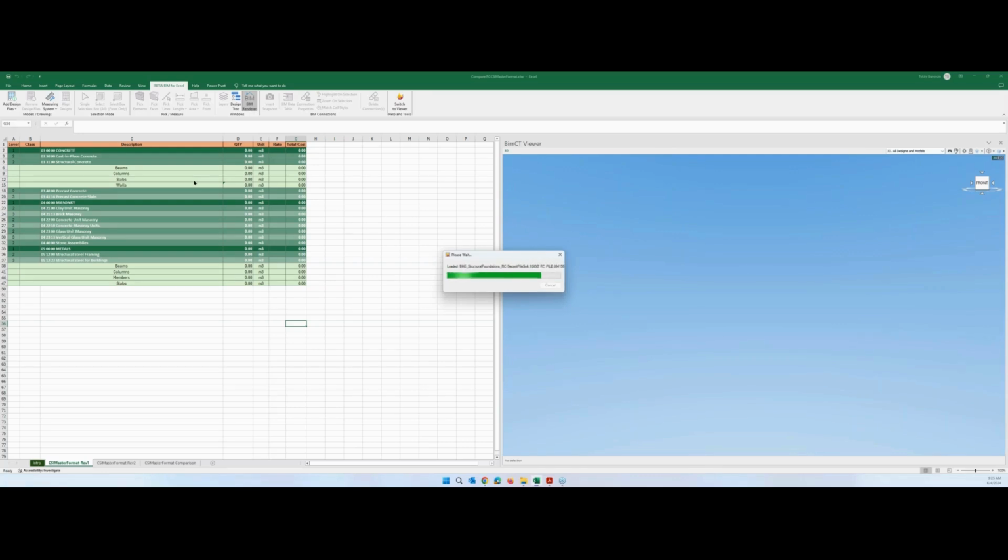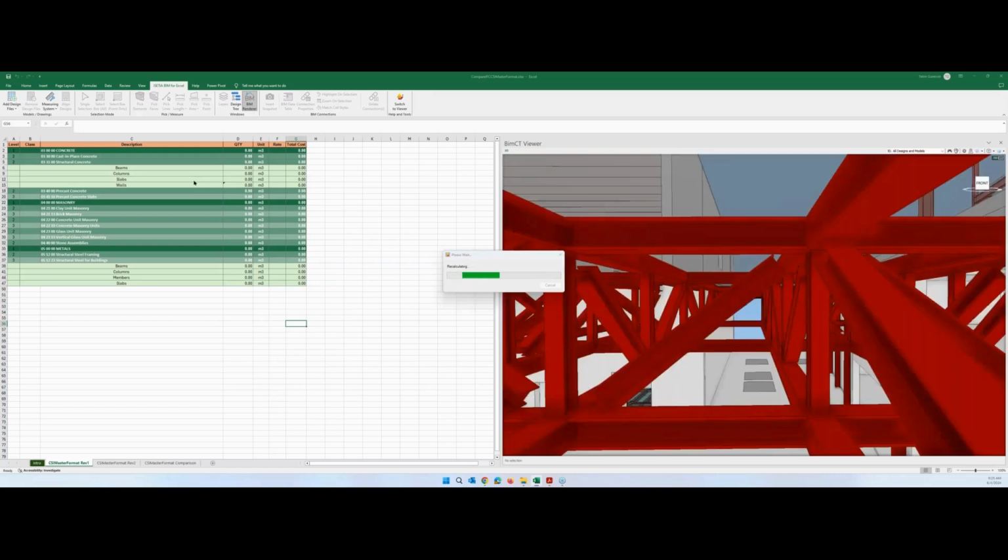All the drawing items will be automatically created in this format. It's opening the 3D model now. This is the structure work of one very big opera house project built in Revit, but we used IFC format because we also support IFC. So here it's extracting